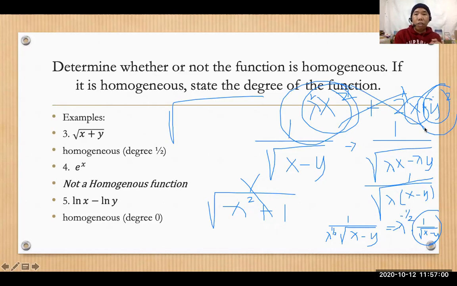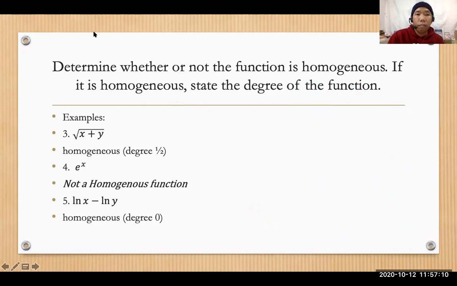Okay, so any questions or clarifications for determining functions that are homogeneous? No question? So silence means yes. Now let's move on to